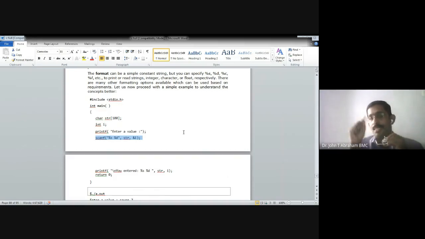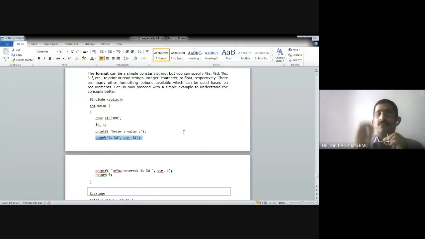That means the syntax of the scanf statement has two parts. The first part is the format specifier, specifying the format. If it is an integer, we write %d. If it is a float, we specify %f. If it is a character, we represent %c.